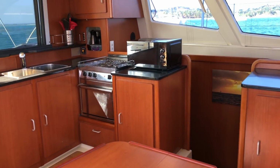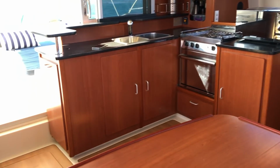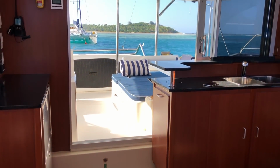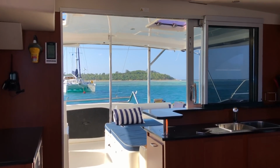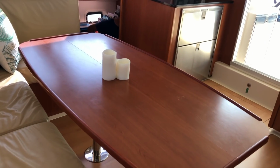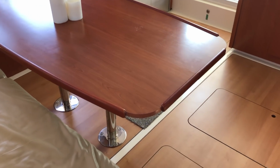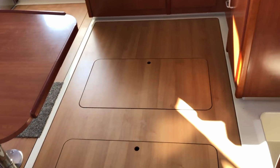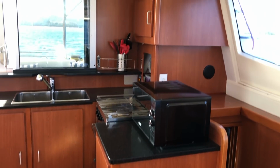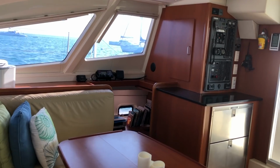She has been hauled out over hurricane or cyclone seasons to keep her safe and keep her out of the water during this time. She is fully blue water prepared, including 2 water makers, one for 12 volt and one for the 220 volts. She has 2 autopilot controllers, upgraded Yanmar engines at 39 horsepower each. She has 17 inch feathering Max Props, which are also equipped with triple rope cutters, so you don't have to worry